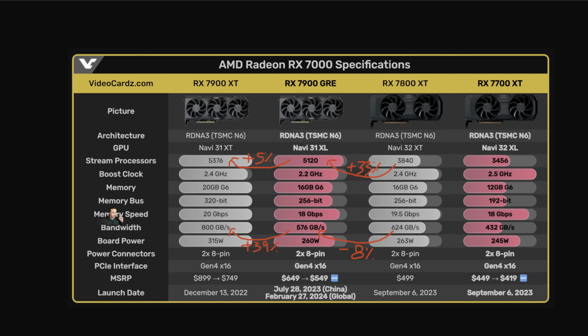Now, why is that happening? It's largely the memory speeds and the memory bus. The 7900 GRE has the same memory bus as the 7800 XT, which is 256-bit versus the 320-bit bus on the 7900 XT, and the memory speed for the 7900 GRE is 18 gigabits per second, which is not only slower than the 20 gigabits per second on the 7900 XT, but